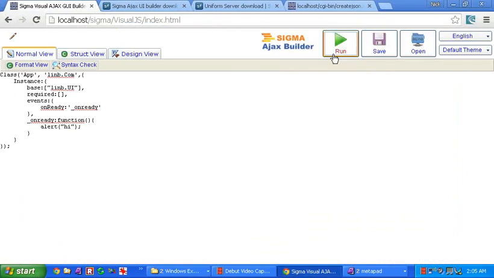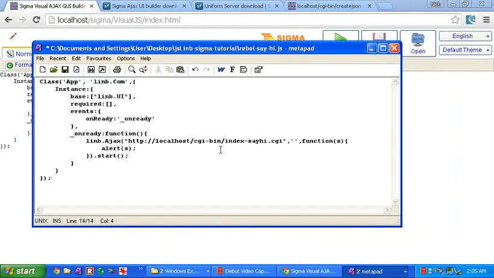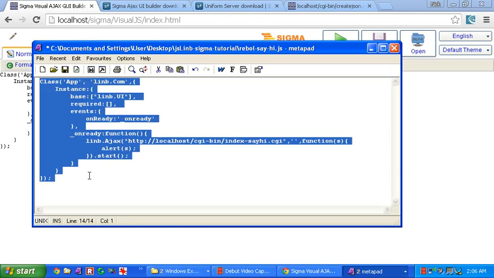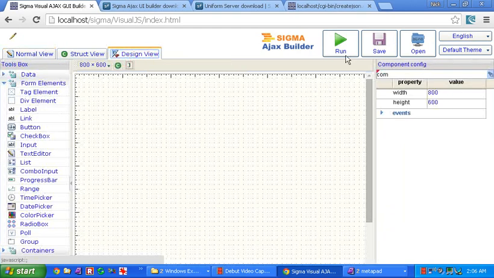So when we run this function, it's going to go to that server script. The data will be passed back into this s variable, and we're going to alert that. So now we're actually interacting with the server. Let's put that back in our code view, run it,